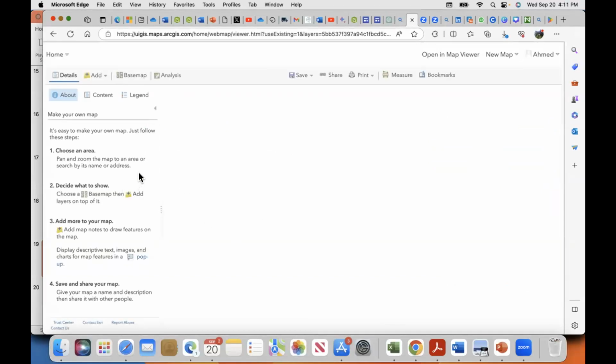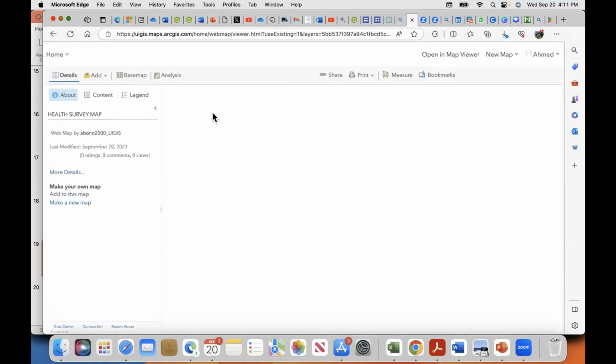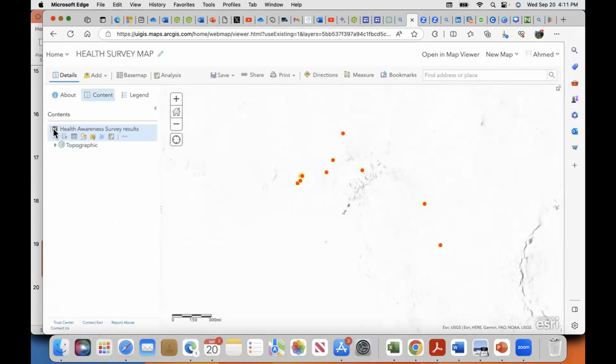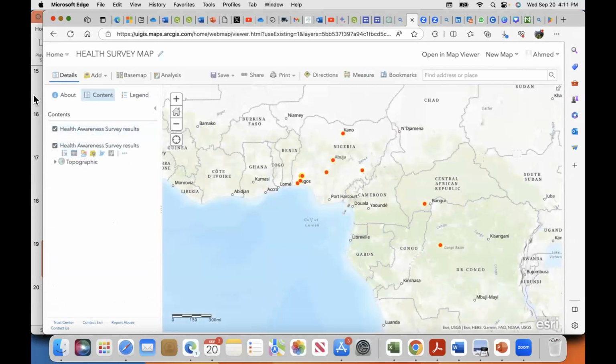Okay, this is still loading. Okay, so it shows locations where the data has been collected.